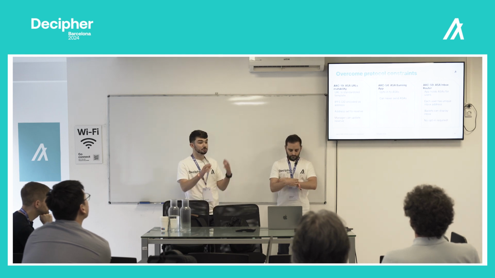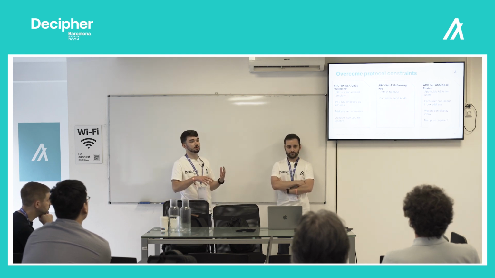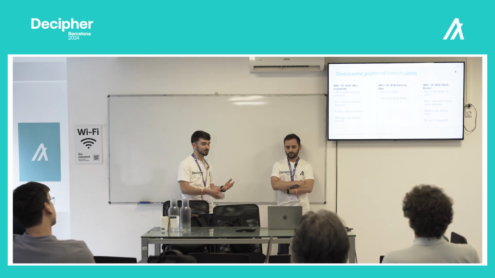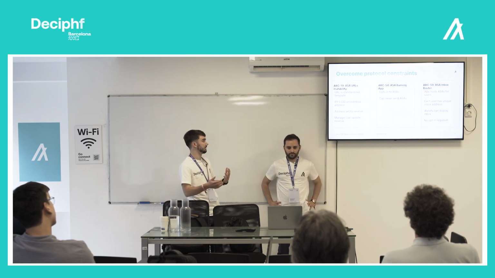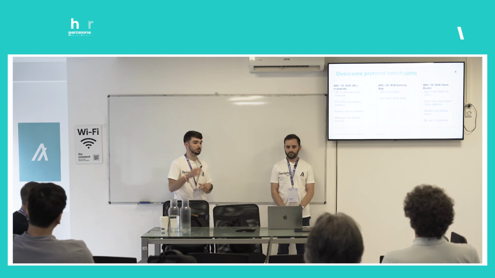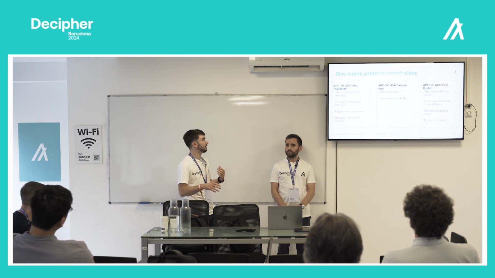Yeah, so these are just some examples of ARCs touching different areas of the protocol. Basically the idea with these ARCs is that we're using the tools that the protocol gives us in unconventional, unintended ways, before they became standards. A good example of this is ARC19, and this allows us to have mutable ASA metadata. By default, once you mint an ASA on chain, you can't change the URL, but we can essentially upload the data to IPFS and encode that as an address, and then use the reserve field in the asset to link to that IPFS data.